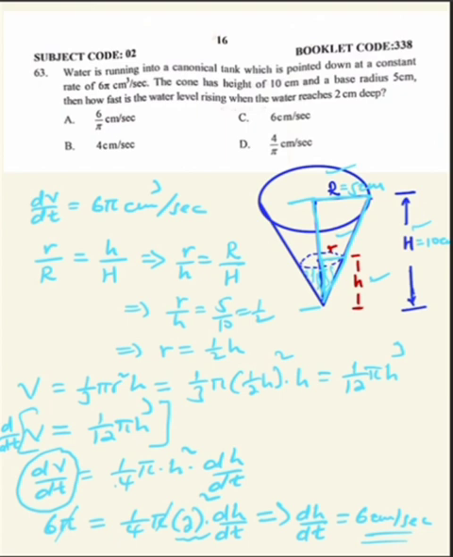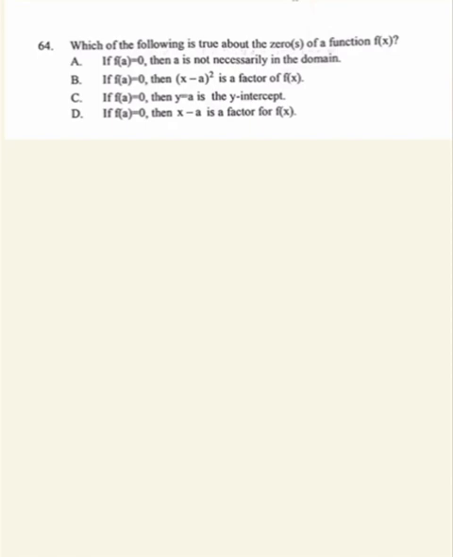64ኛው ጥያቄ ምንድነው የሚለው which of the following is true about the zeros of a function f of x okay ስለ አንድ function zeros of a function እውነት የሆነው የትኛው ነው የሚለው a ጋር ስንሄድ if f of a is 0 then a is not necessarily in the domain ይሄ false ነው a domain ውስጥ ኖሮ ፋንክሽኑን 0 ሊያደርግ ይችላል okay ፋንክሽኑን 0 ሊያደርግ የሚችል ቫልዩ ሊኖረን ይችላል ዶሜናችን ውስጥ so a እውነት ሊሆን አይችልም ማለት ነው